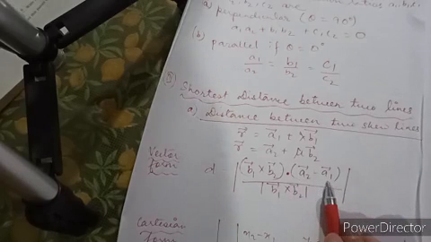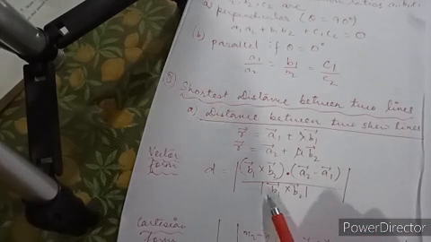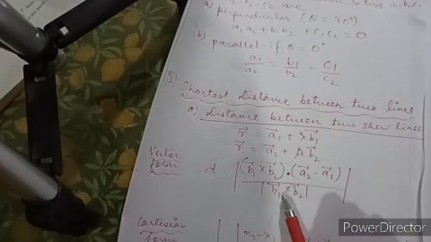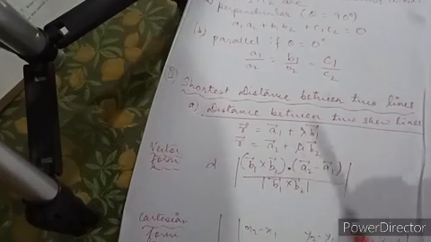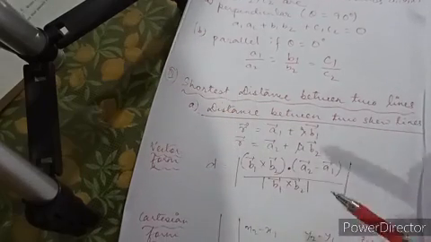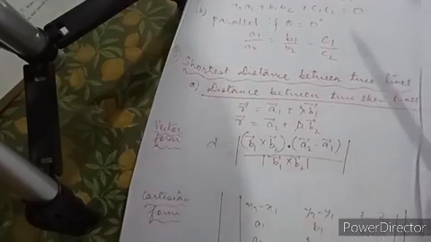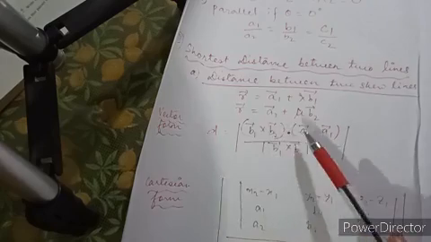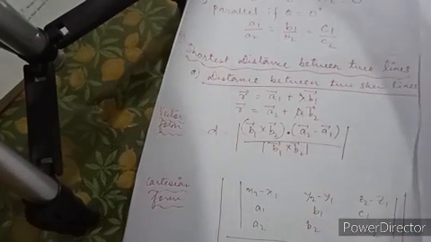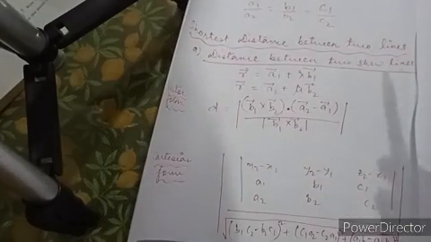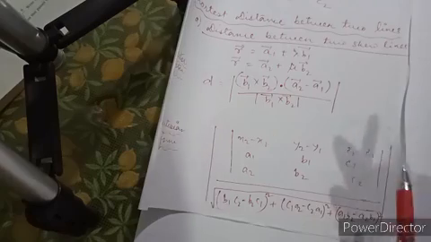with a2 minus a1, whole divided by the modulus of b1 cross b2, and the whole answer you have to give in modulus. That means since the distance, if it is coming negative, must be written in positive form. This is the shortest distance between two skew lines in vector form. Now suppose you are asked to find it in Cartesian form,